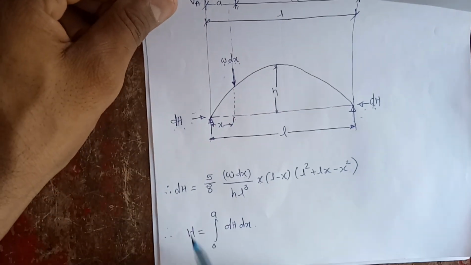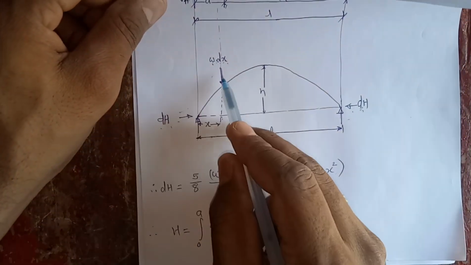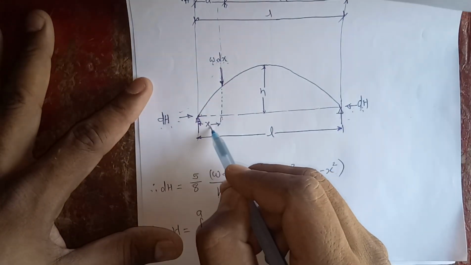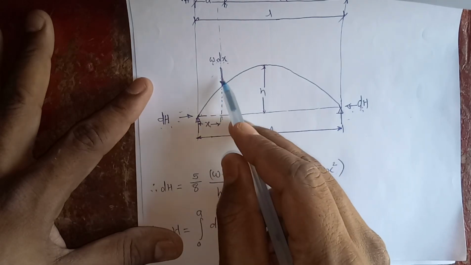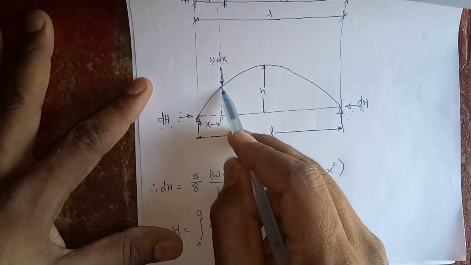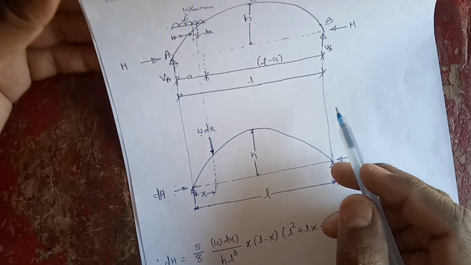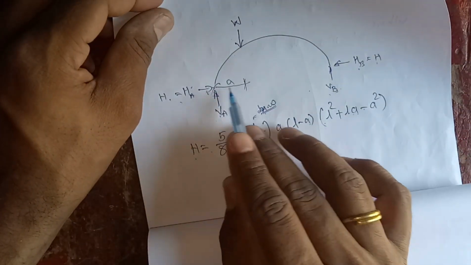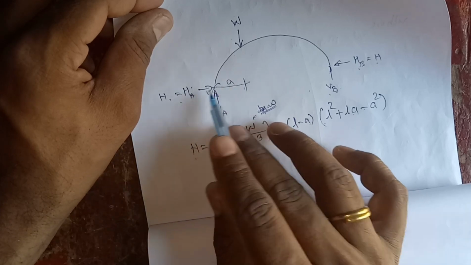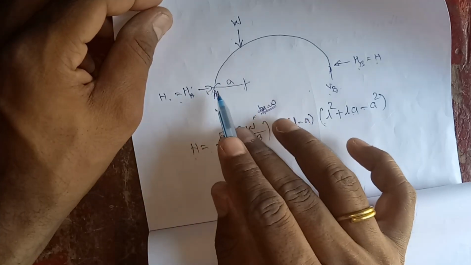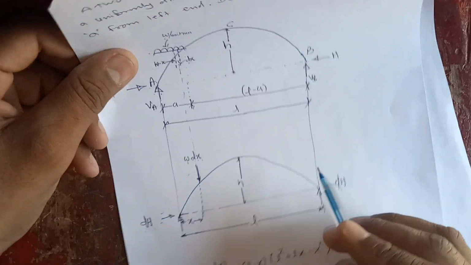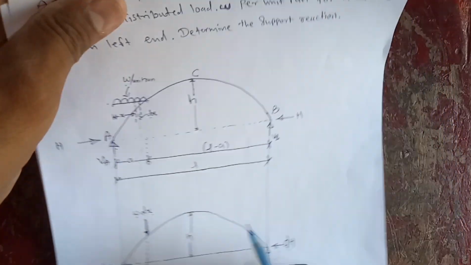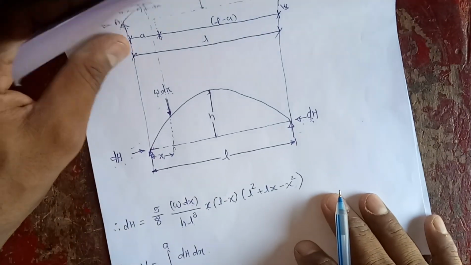So now we'll write down the equation of the point load for load W into dx at a distance x. In the previous problem when we discussed, this point load was acting at a distance a. So here we assumed that this load is acting at a. Now instead of a, we are assuming it is acting at a distance x. So if it is acting at a distance x, the equation becomes